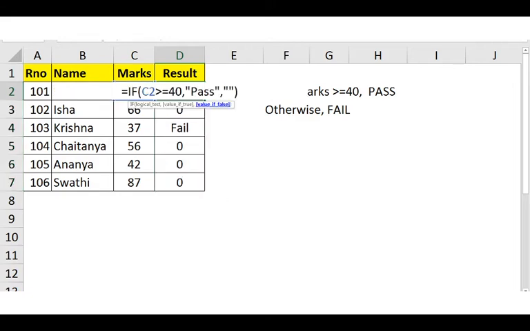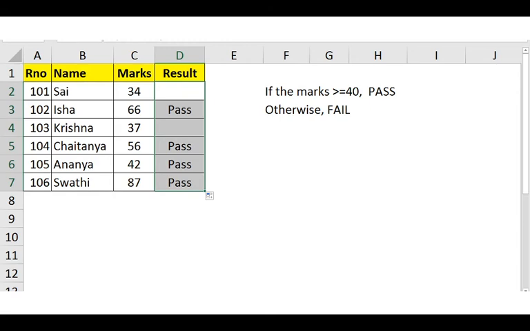So it is always better, if at all we need any blank cells or empty cells, we will give double quotes. So here if the marks are greater than or equal to 40, we are displaying pass. Otherwise we are displaying a blank or an empty cell.